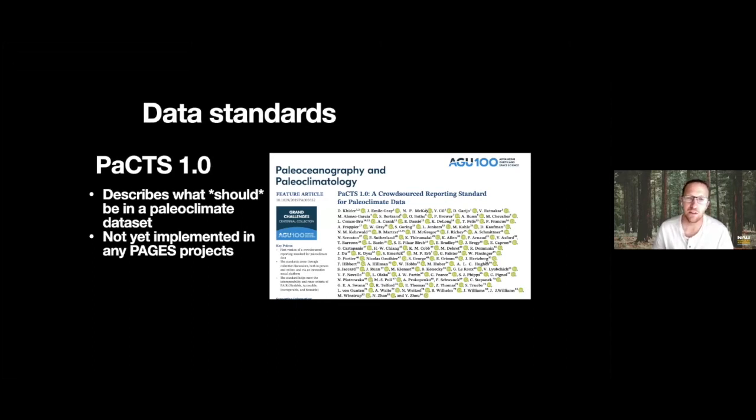The focus of this manuscript, for those of you who are unfamiliar with it, is to ask the paleoclimate community what should be included in a paleoclimate data set. Ideally, what fields should be there, not necessarily what we're going to call those fields or how they're going to be structured, but just what should be reported, whether the fields should be mandatory, desired, required, or optional.